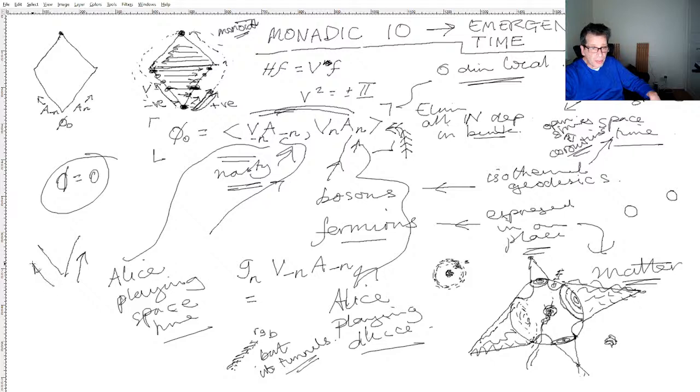So we just got fermions going that way. Oh wow. And they're the Fourier transform of each other, because they're plus